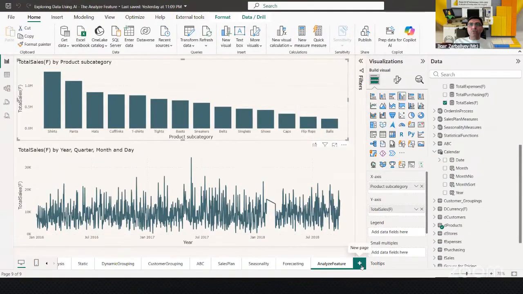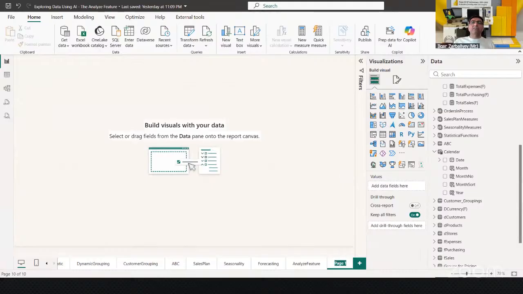And here I'm going to create one page that I'm going to call the decomposition tree. This is my new page. And first of all, let me give some info about this one, and then I will build my new report based on this page. The decomposition tree is a Power BI visual that helps you explore in depth what